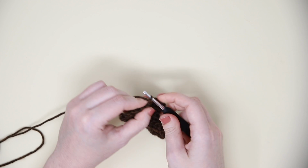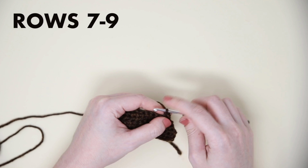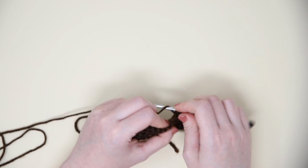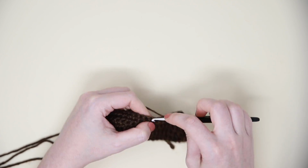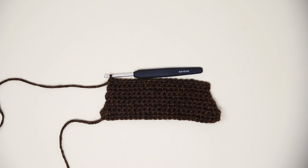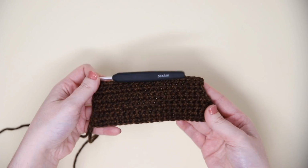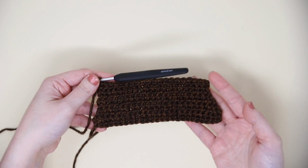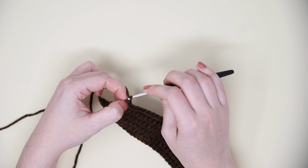Chain up 1 and turn, and now we are just going to single crochet all the way across for the next 3 rows. So rows 7, 8, and 9 are just plain old single crochet, and this is how it should be looking by the end of row 9. And then chain up 1